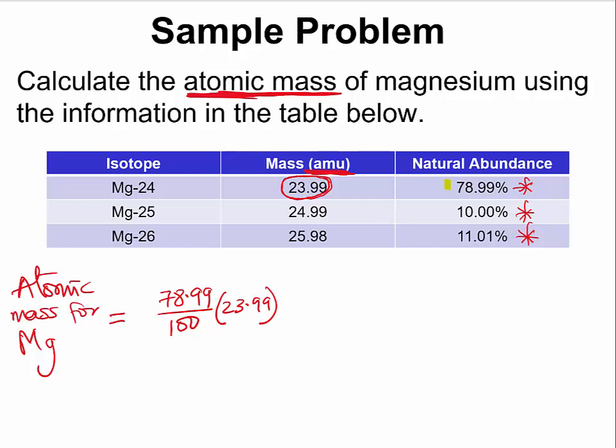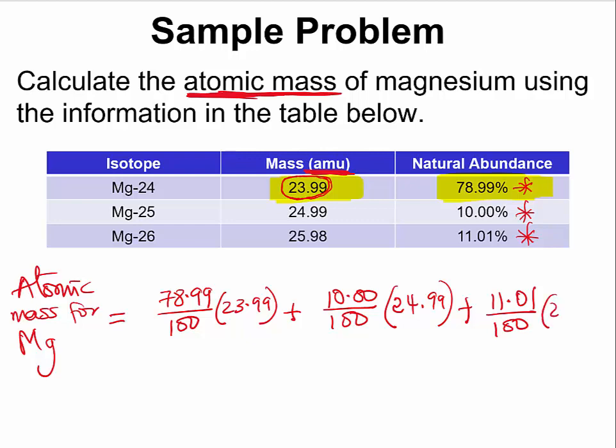Again, remember, we simply multiply the natural abundance by the mass number, plus 10.00% multiplied by 24.99, plus 11.01% multiplied by 25.98. If you multiply out the numbers and you add all of them together, you should get